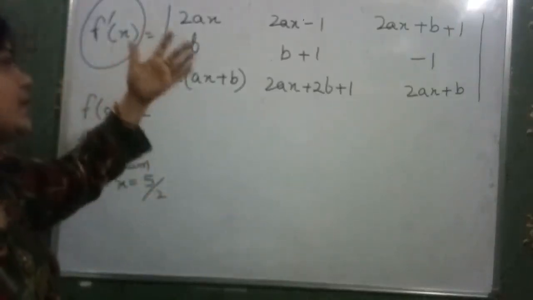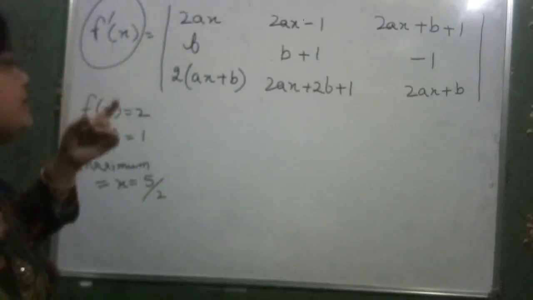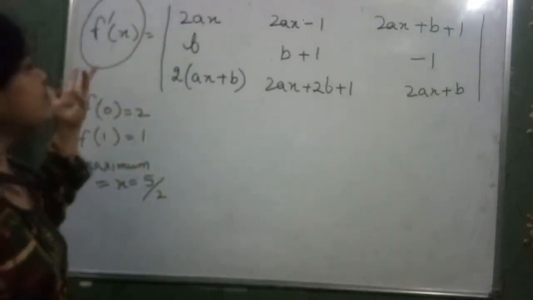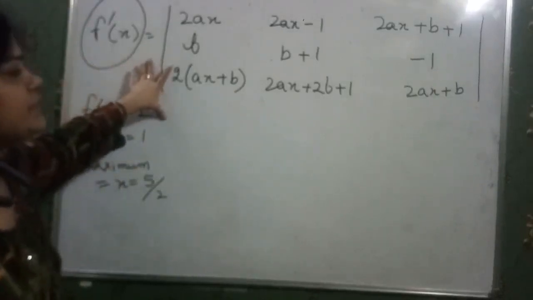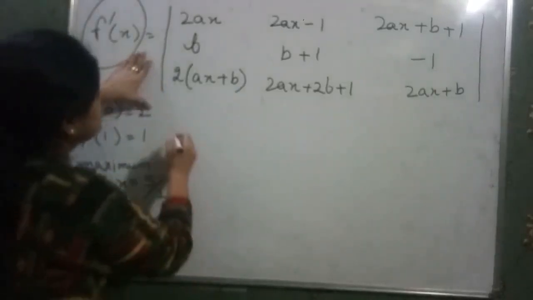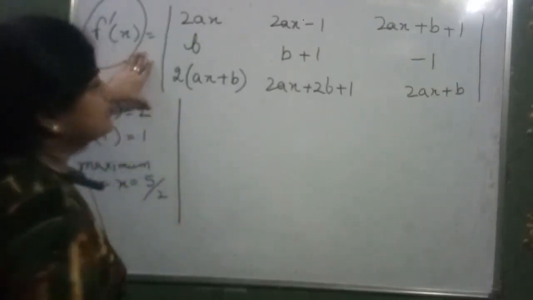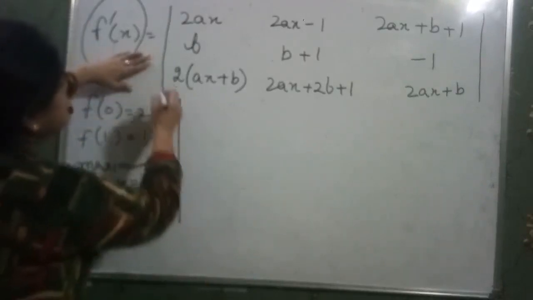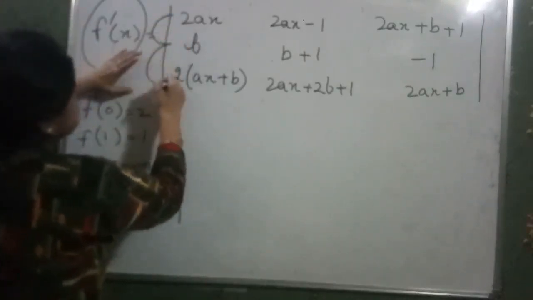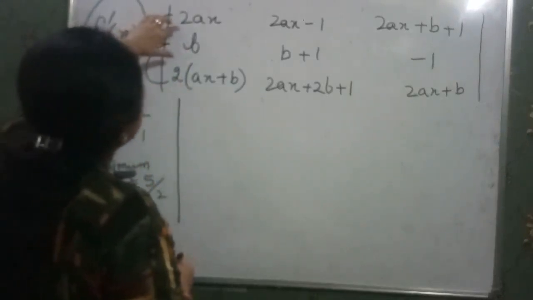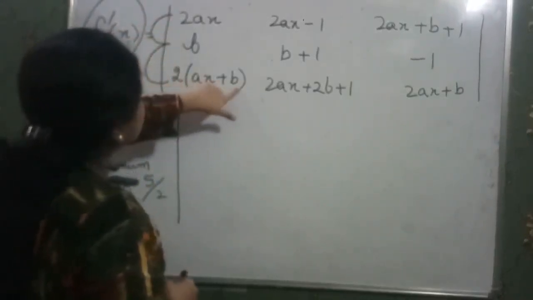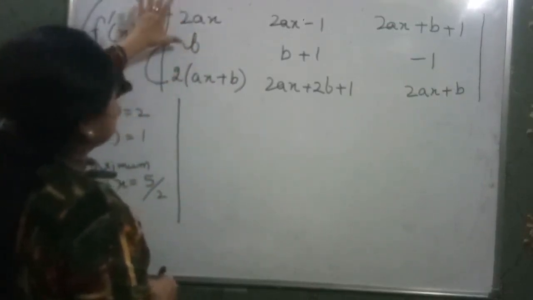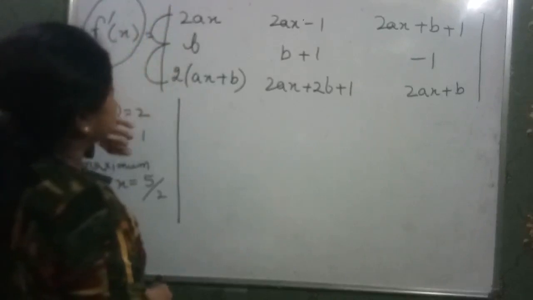In this case, I am not going to write the whole question on the blackboard. I am just writing the concepts. Firstly, find the value of this determinant f dash x. So how will we solve it? Just use your brain. Just think for a while. We see that there is a relation between these three. Here we have 2ax and 2b, that means if we multiply by this 2 and subtract, we ultimately get 0.